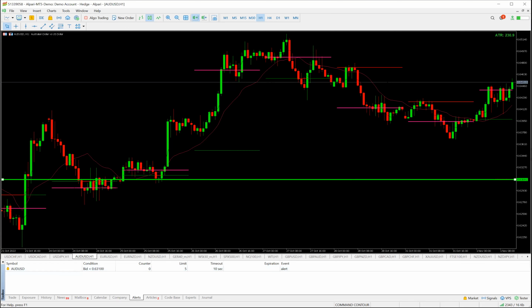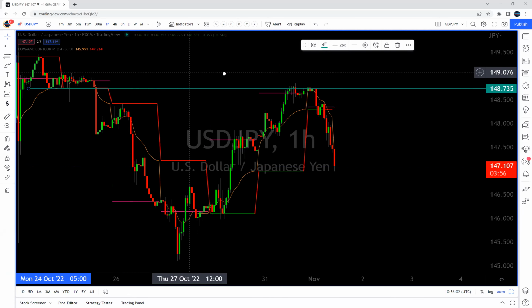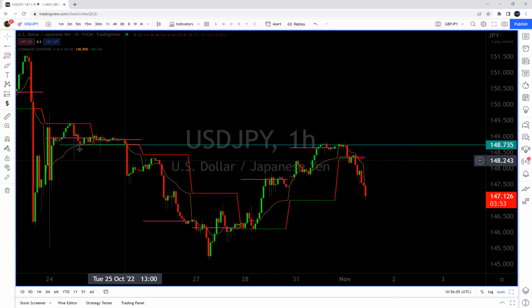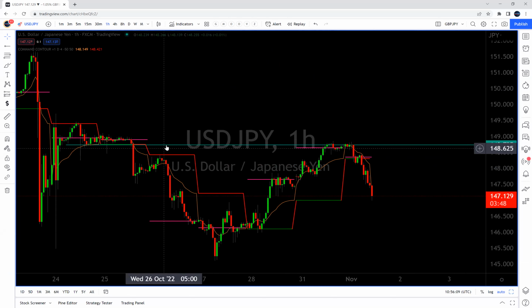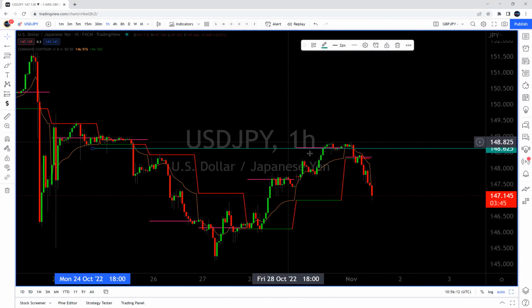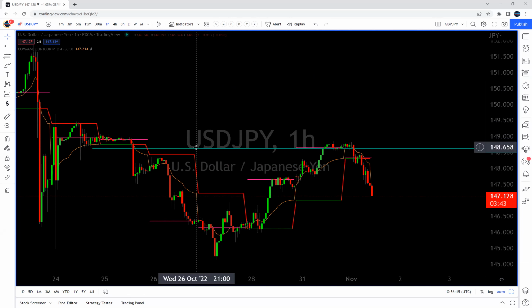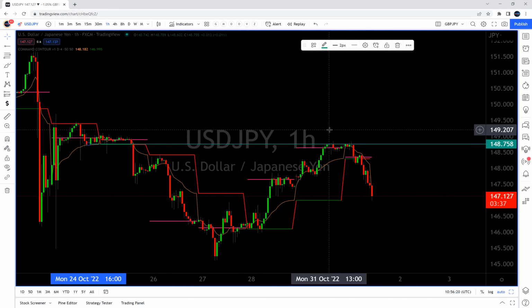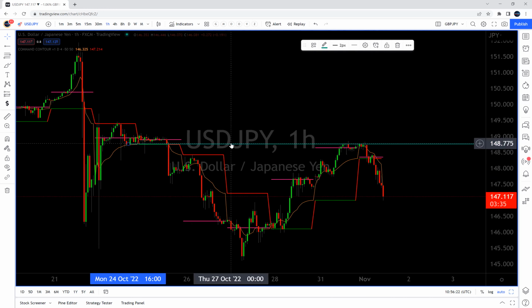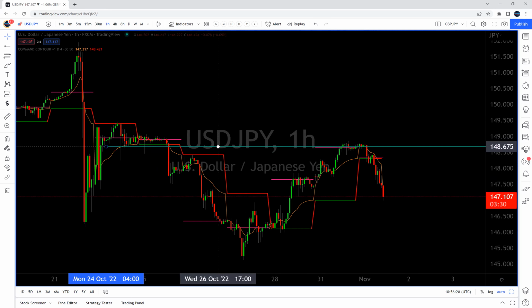Now let's switch across to our TradingView. Right, so we could see we have command contour running on TradingView here as well. And we have our key price levels all set. And you could see how beautiful that the USD JPY came up to a key price level here, and then dropped off today. Now, if we want to do a notification here, right, we could just place a line at the level,